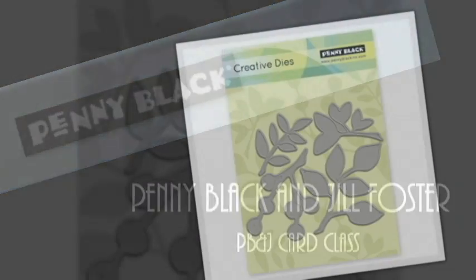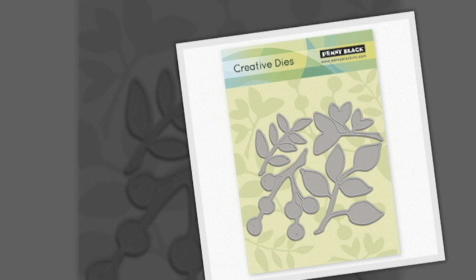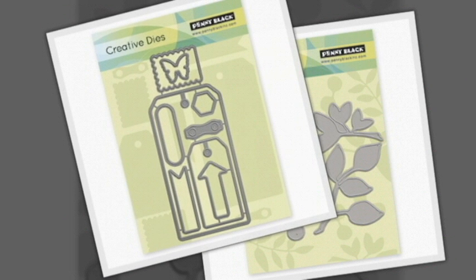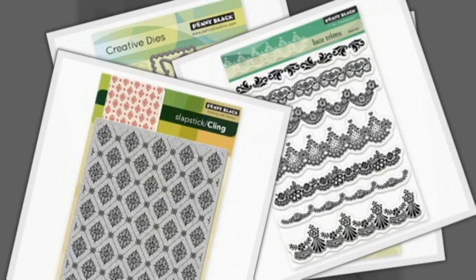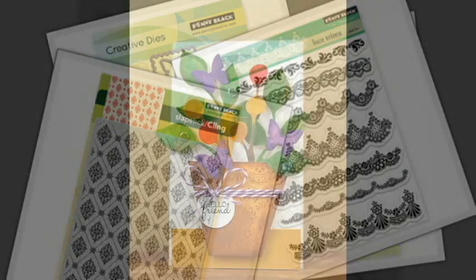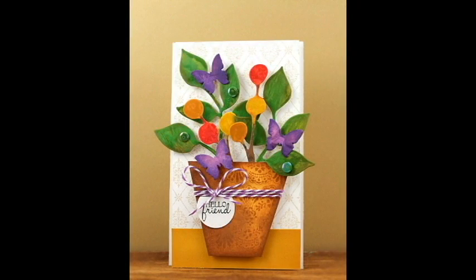Today I'll be using Penny Black's Creative Dies Leaves, the little butterfly from the Creative Dies set called Tagged, the Transparent set Lace Trims, as well as our Slapstick cling set Diamond Pattern. And here's a look at the card we'll be creating, adding lots of dimension and coloring our dies using Distress